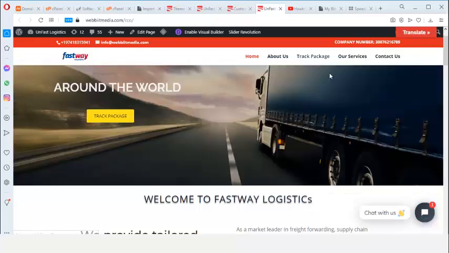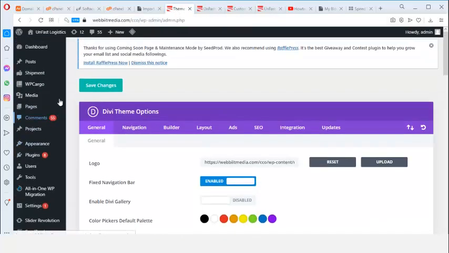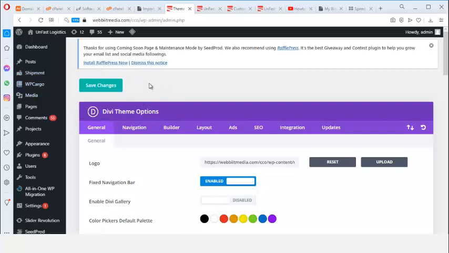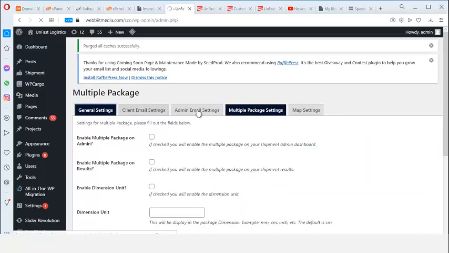Main thing here is now the track, right? So let us go and configure the track. There is a plugin which controls the track. It's called Shipment. Can you see that? The plugin name is WP Cargo, right? So if you are using another theme, you can actually just install this plugin WP Cargo and it will do the shipment part of this stuff for you, right? But let me go and configure the plugin. So I go to all shipment, I go to WP Cargo, go to multiple,